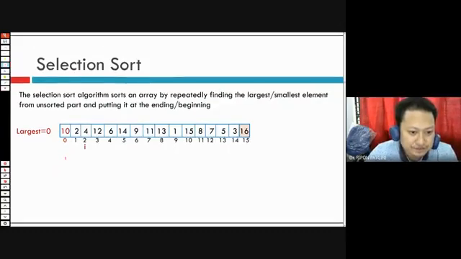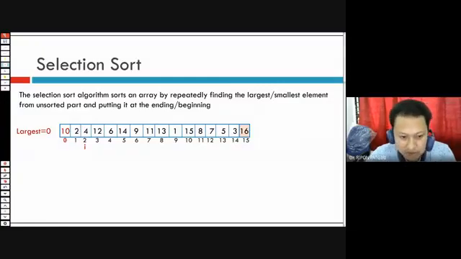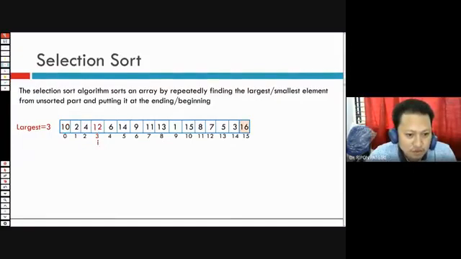The index of 10 will remain 0. So here, next, largest is still 0, because of 10 and 4. Compare 10 and 4, and what is the largest index? The largest index is 0. Again, if you compare 10 and 12, what is the largest index? 3.